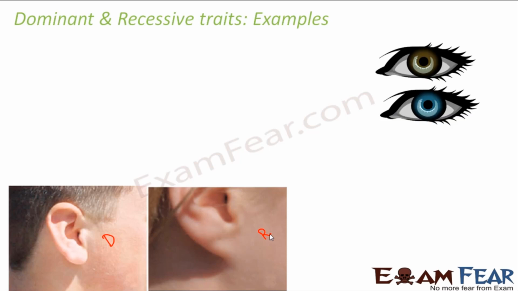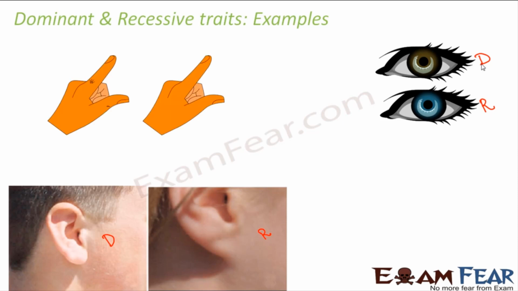Similarly, when you look at eye color, people with brown or black eyes are more common than people with blue eyes. So the blue eye is a recessive trait, whereas a black or brown eye is a dominant trait which gets expressed more often. You would also have seen people with hairs on top of their fingers like this.